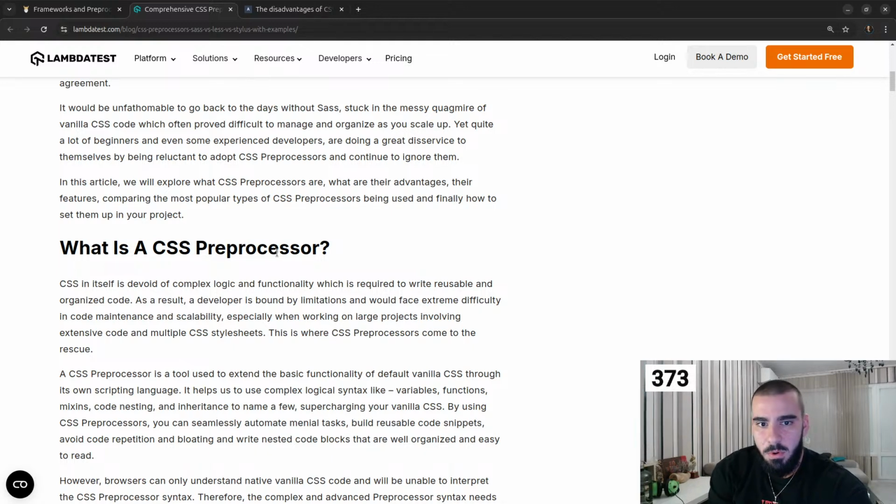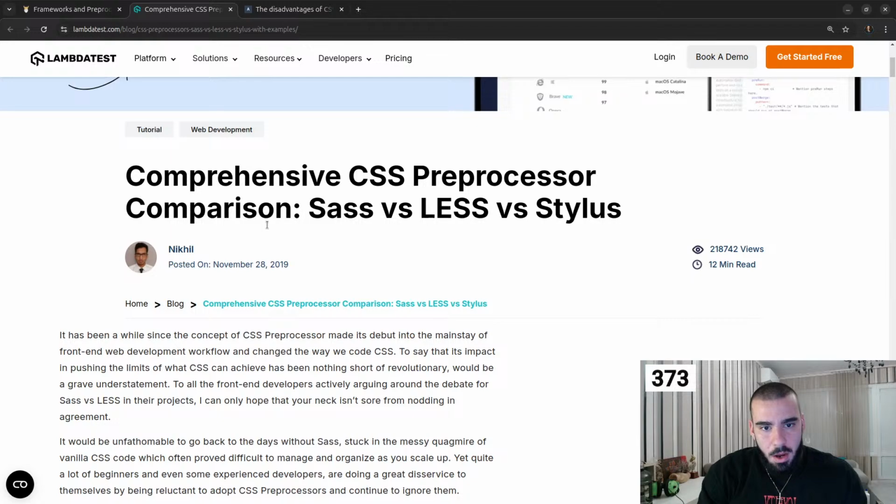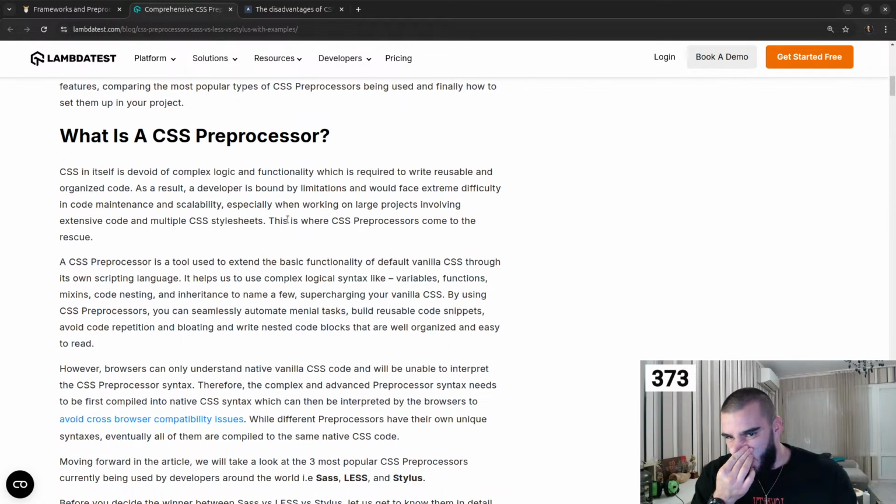In this article, we'll explore what CSS preprocessors are, what their advantages and features are, compare the most popular types of CSS preprocessors being used, and finally how to set them up in your project. This was in 2019. Okay,